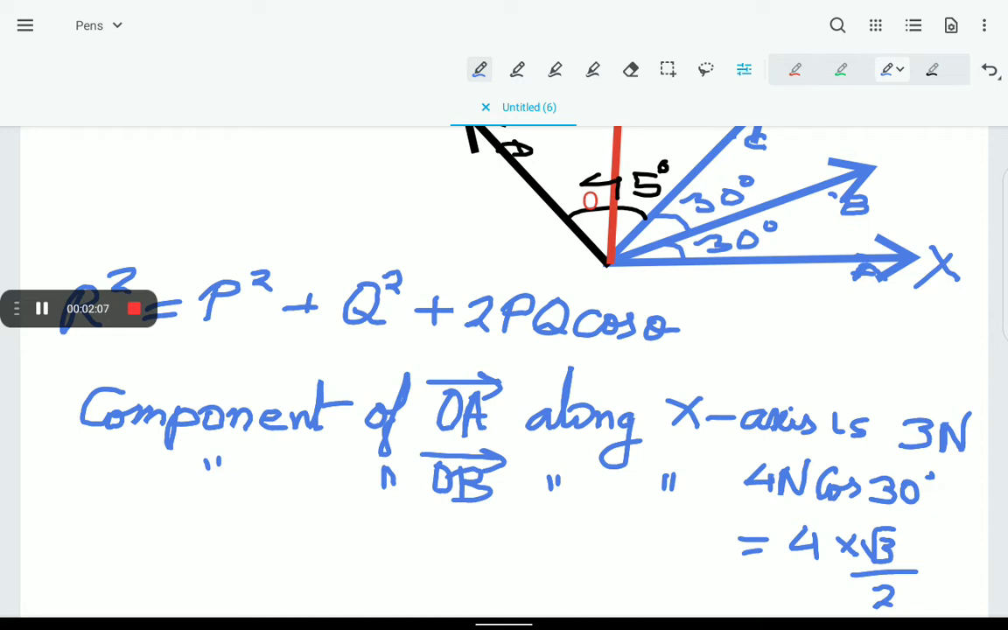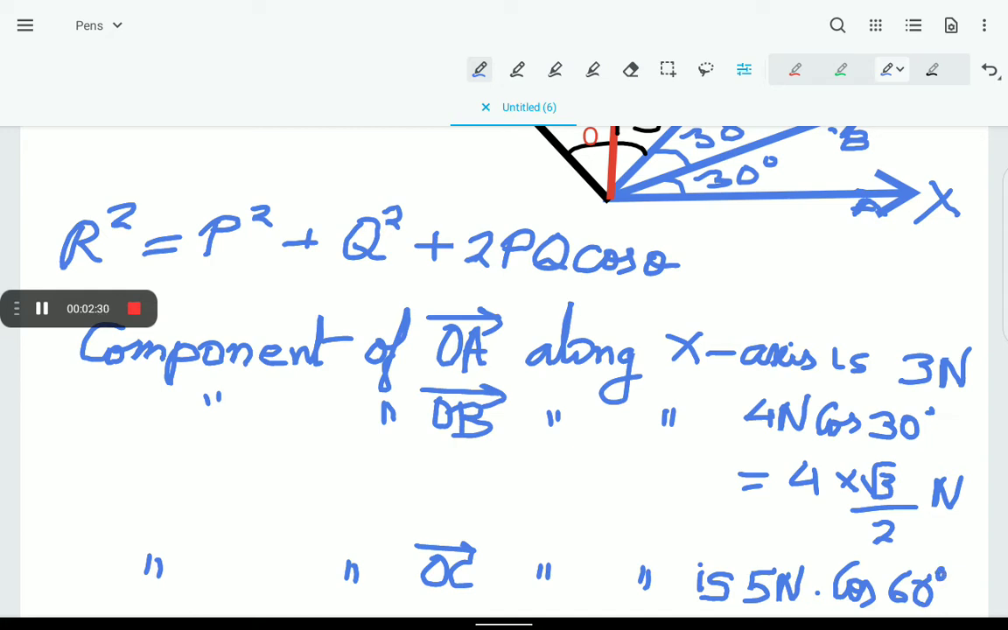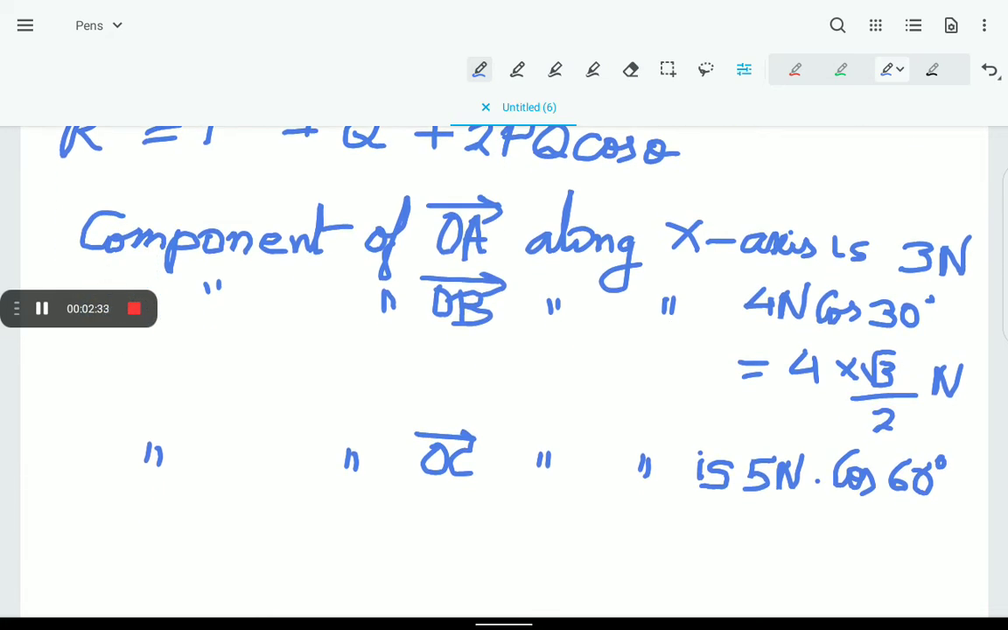Similarly, component of OC along x-axis is: OC is of 5 Newton, so 5 Newton into cos 60 degree. Cos 60 degrees is 1 by 2. Lastly, component of